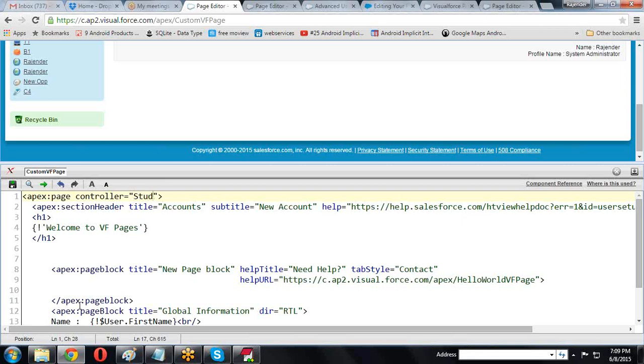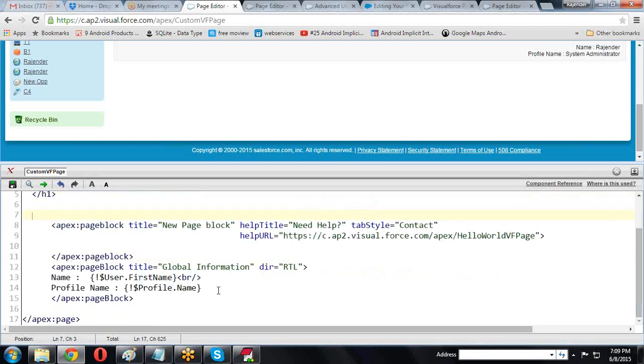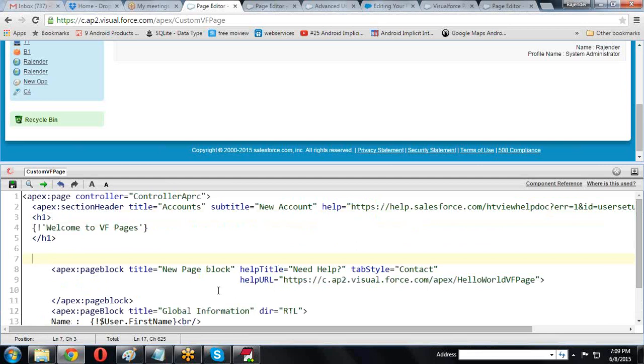I am taking controller apex. If you want to take controller apex, simply you can take it. So this is the information I'm removing. Otherwise, if you want to use the same information also, you can use it here.